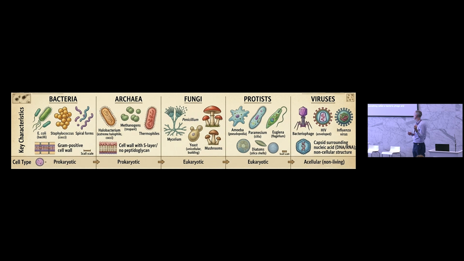And actually, about a third of the bacteria in the sea every day are killed by bacteriophage and then turned over. So there's this enormous diversity of bugs. So these are the kind of things we're talking about when we're talking about microbes. So there's this enormous diversity of different types of organisms. They're really different to each other. They do lots of different things. They're everywhere, and we should care.